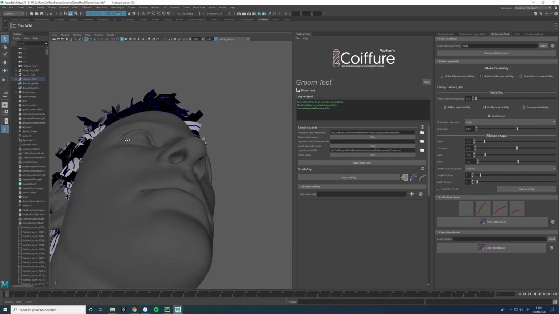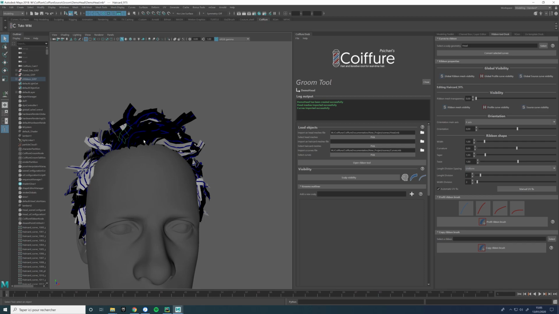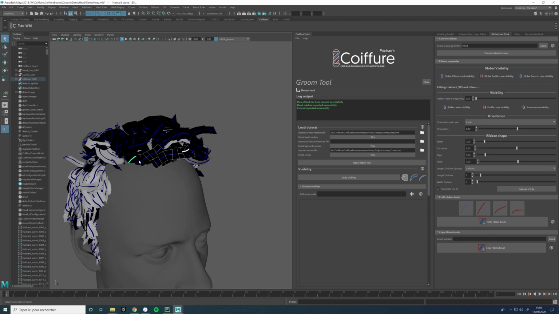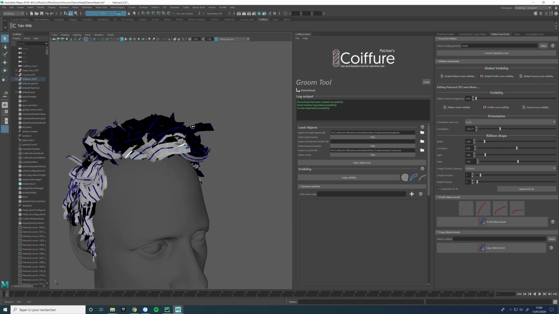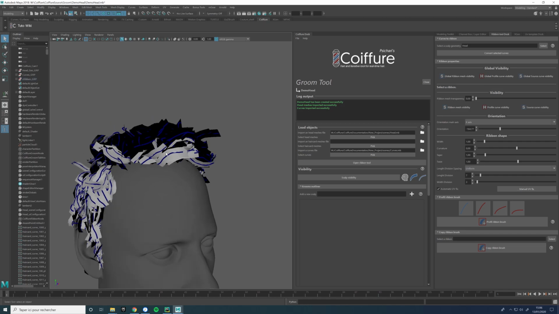And when it's not working, you simply have to select the curve, or you could work on both the curve and the geometry, and you can change the orientation like this and change it to fit what you want. So there are many parameters that you can adjust, like the width, the curvature, the taper, the twist, etc. And there is also a parameter which is the length subdivision,